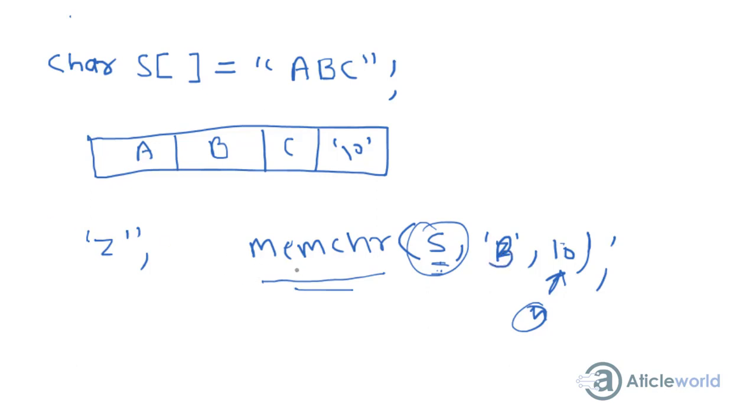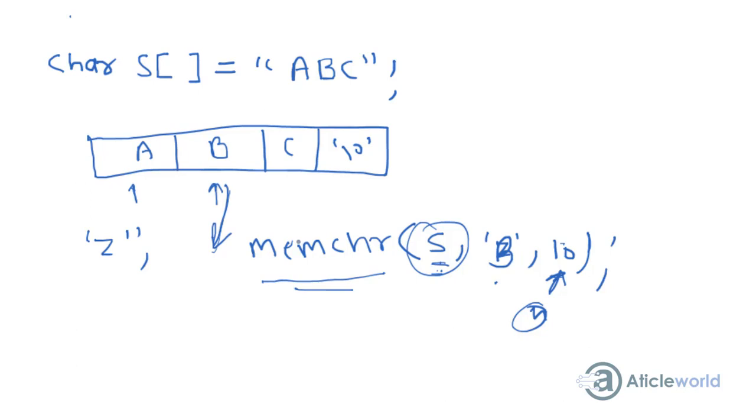So what will happen, memchr tries to find this B character in the source object S, so it starts from the A, it finds that it is not equal to B, then again it moves toward this position and it finds that it is equal to the given character. So it will return the address of this index and the behavior is totally defined. Besides that, the length is given greater than the length of the array, but the behavior is totally defined. And this feature is implemented in C11.